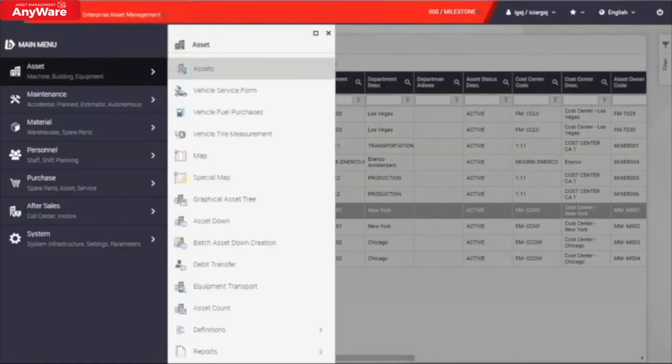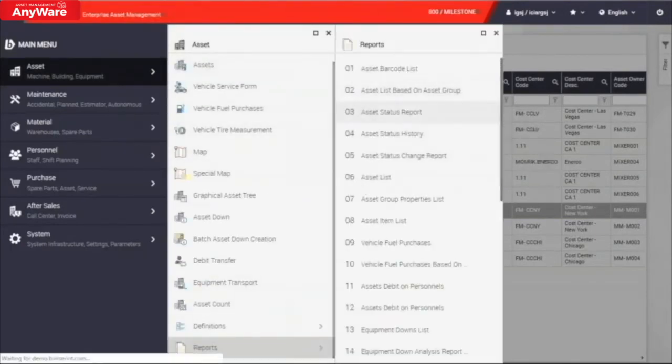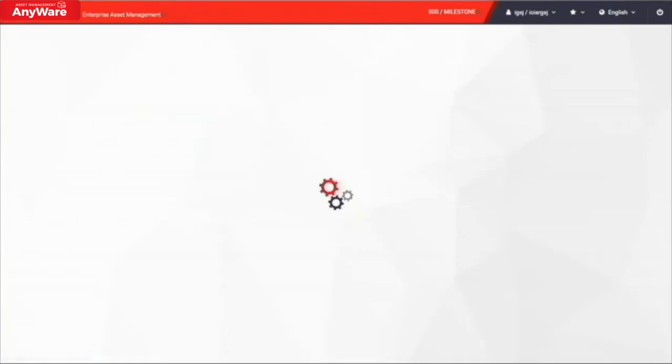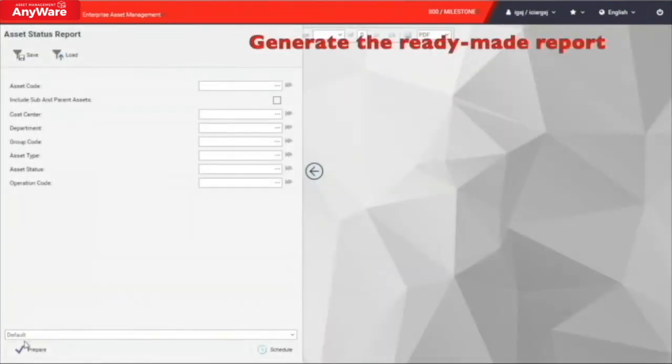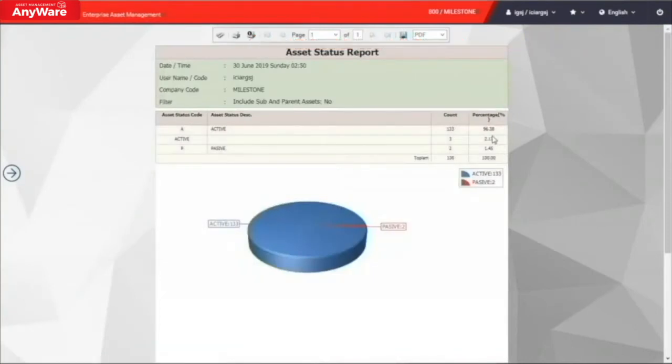in BIM. As BIM provides over 10,000 ready-made reports, you can generate the report, for example, the asset status report, anytime you need it. After clicking the Prepare button, you will see a report with a pie chart and table showing you what status your assets are in